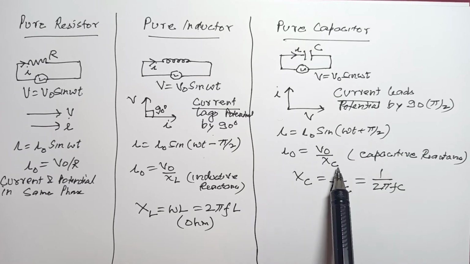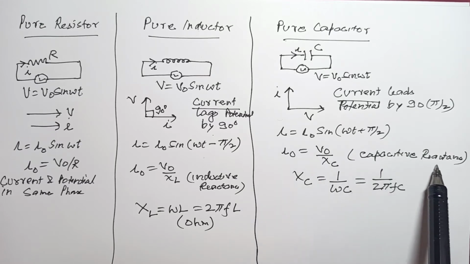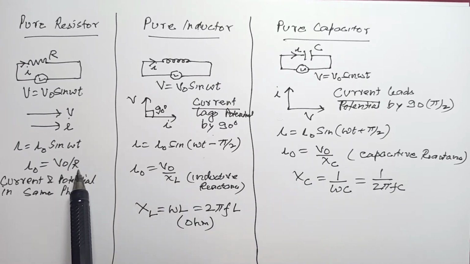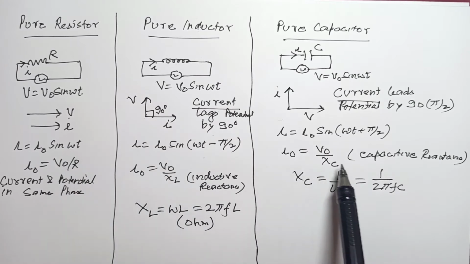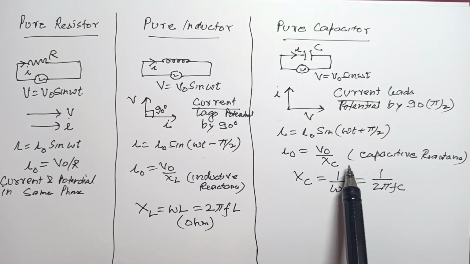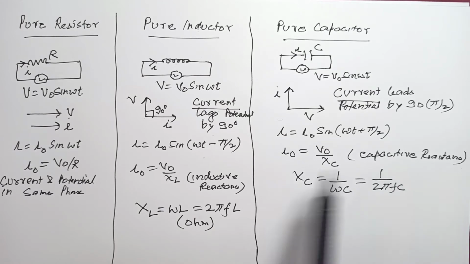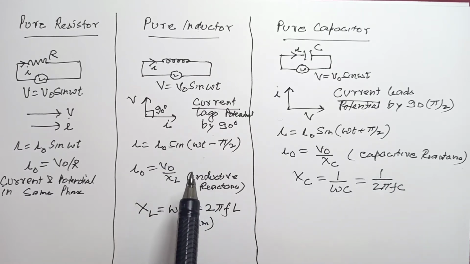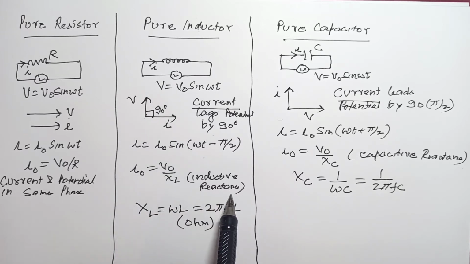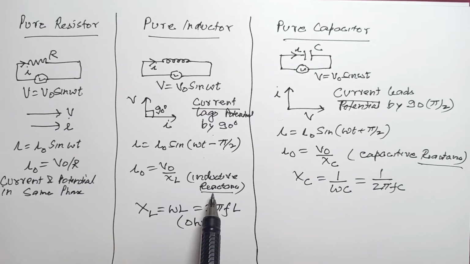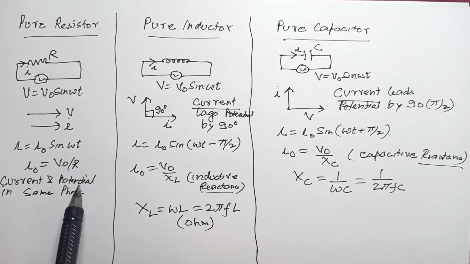I naught is equal to V naught by Xc, which is the capacitive reactance. Now, Xc is similar to XL, similar to R. And what is the unit of R? Ohms. So this is ohms. But because this is because of capacitance, it is called capacitive reactance. This was because of induction, so it was inductive reactance. Remember, reactance is both of these, but in this case it is capacitive reactance, this is inductive reactance, and of course this is resistance, right?